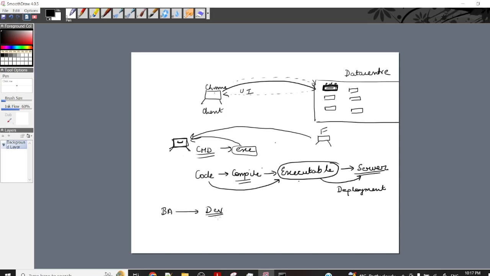First of all, the developer will develop the code, they will compile the code, and once the compilation is done, they will deploy the code. Deployment, again, means they will copy this compiled code, whatever executable has been created, onto the server and start it. This process will be called deployment to the dev server,